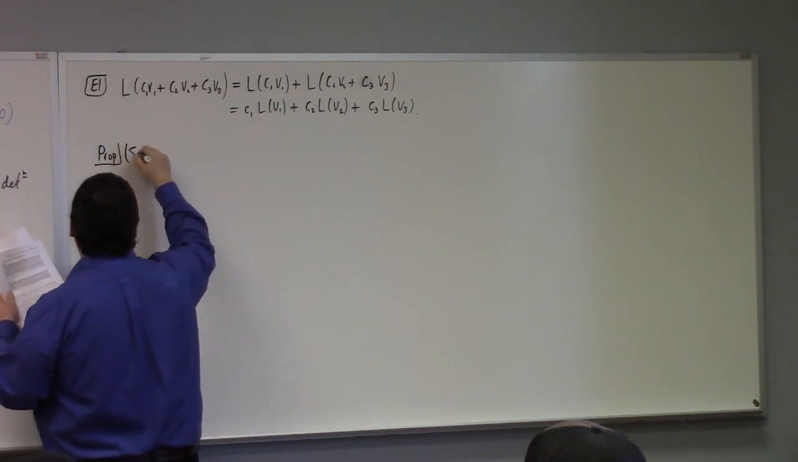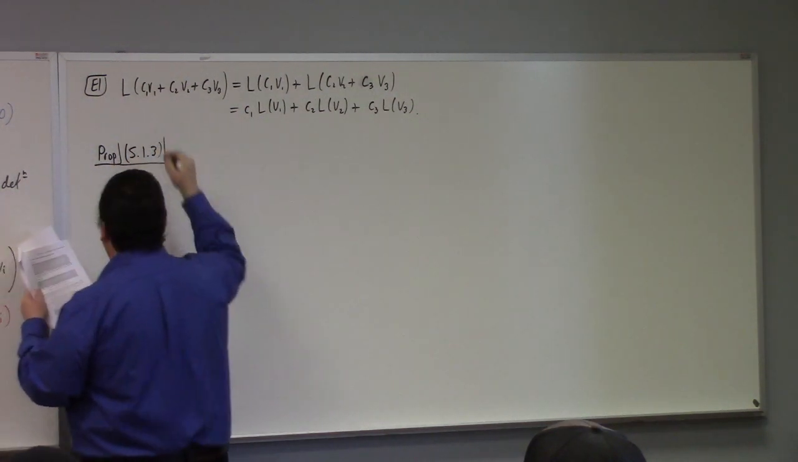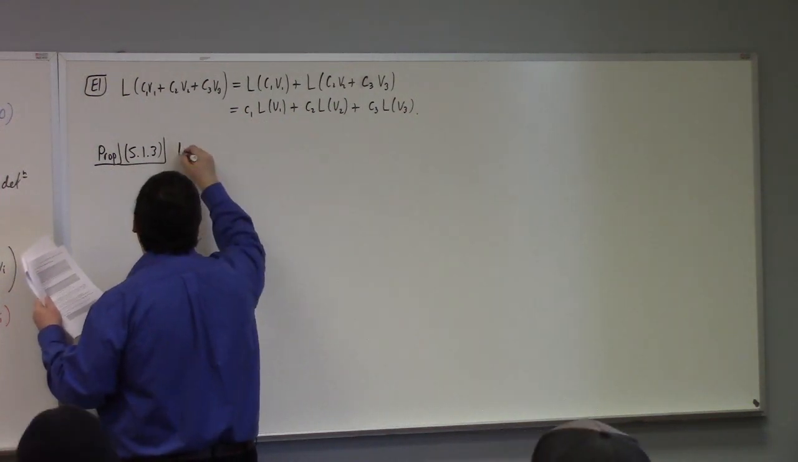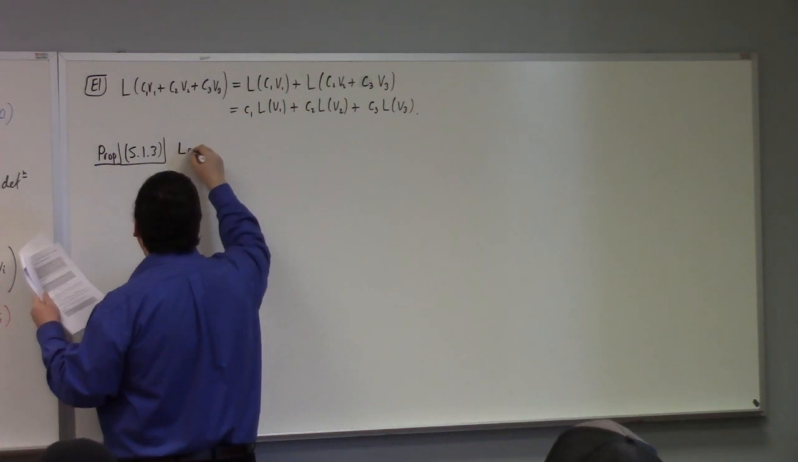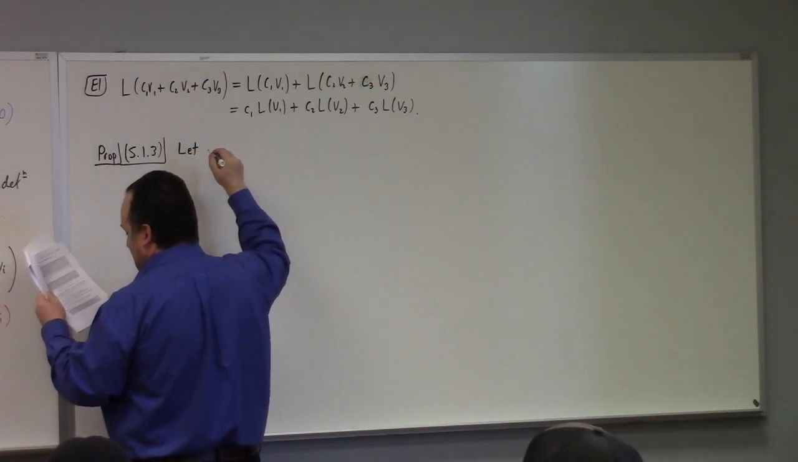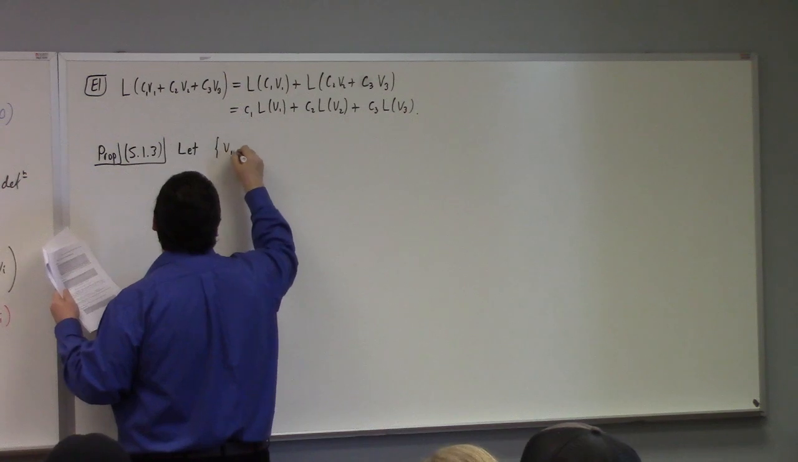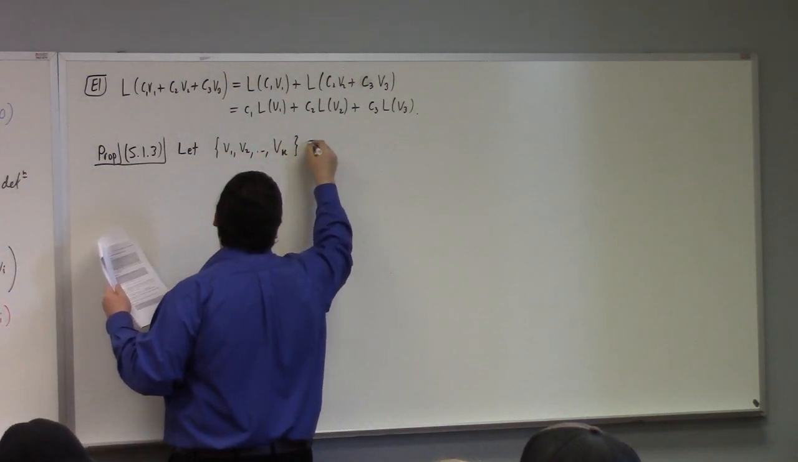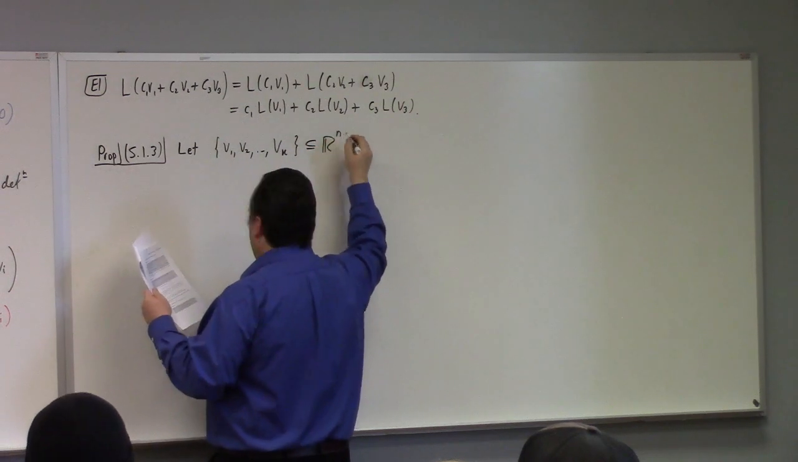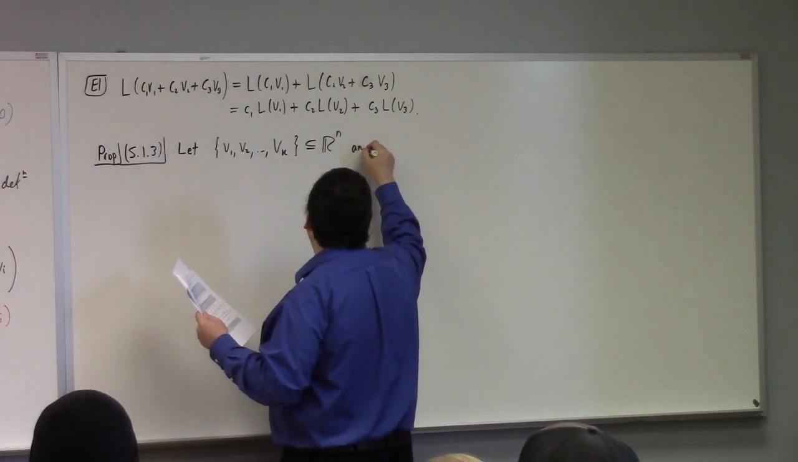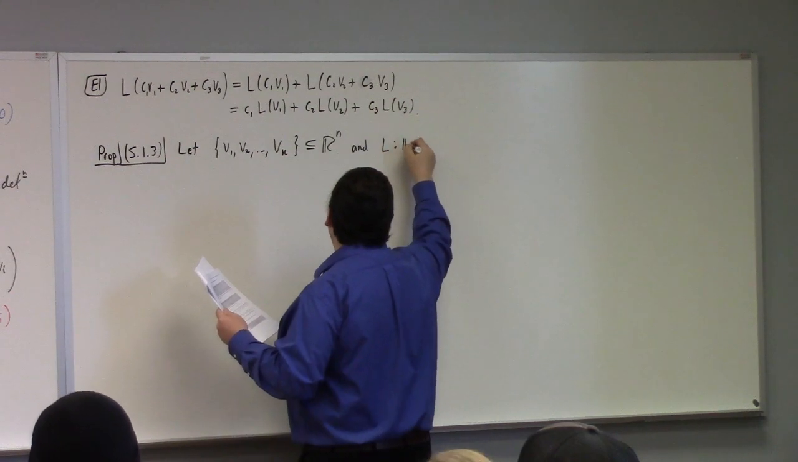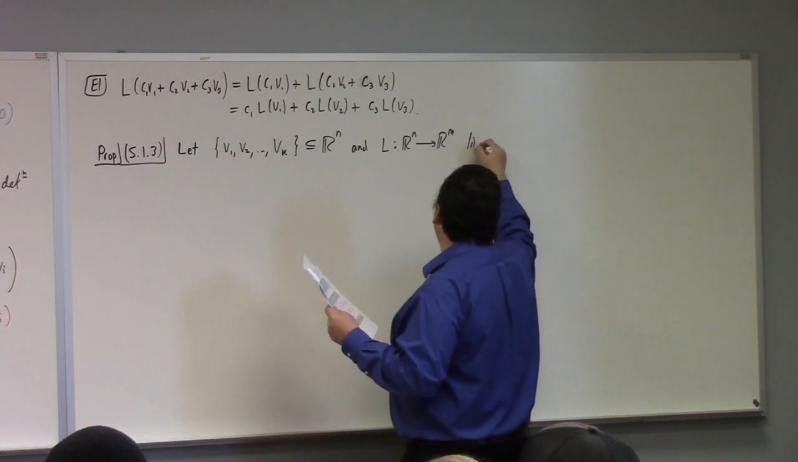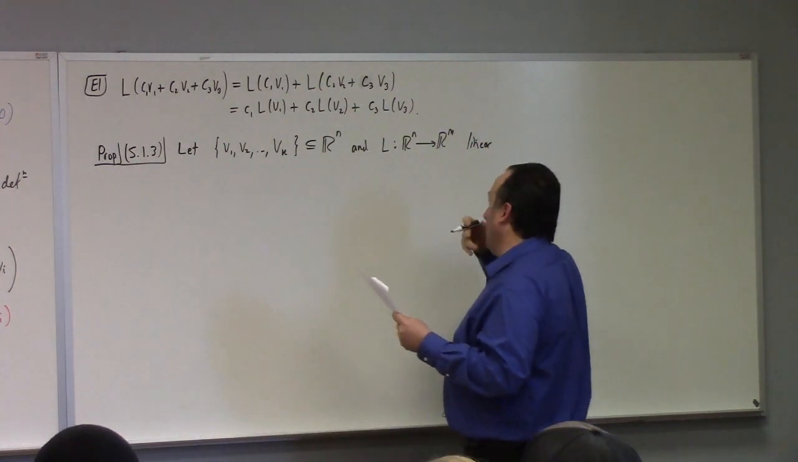And the next proposition, and this is actually proposition 5.1.3, if you're tracking my notes here, is, oh man, so the notes are too general, annoyingly. So let V1, V2, through Vk be a subset of Rn, and L a linear mapping from Rn to Rm. All right, then